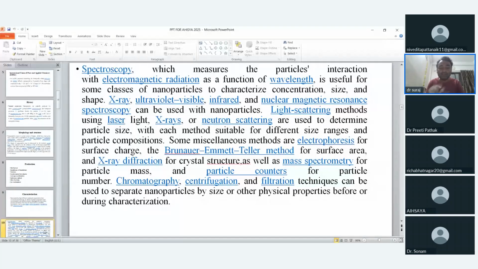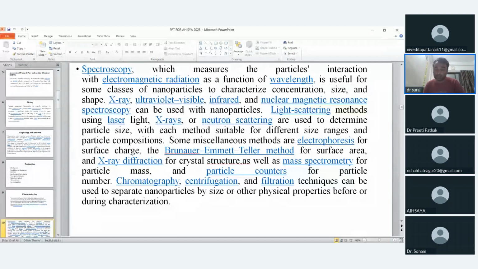It uses only monochromatic light, whereas UV visible spectroscopy uses ultraviolet light. XRD uses X-rays. So different spectrometers, with different media or ranges of light, are going to quantify and qualify the particle size and its nature also. So these are the different methods through which we can standardize our material.